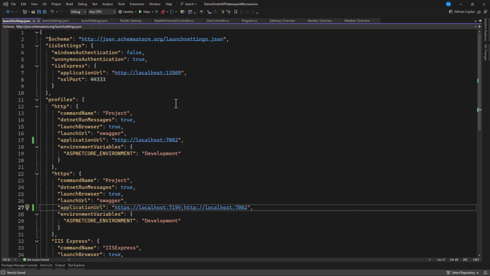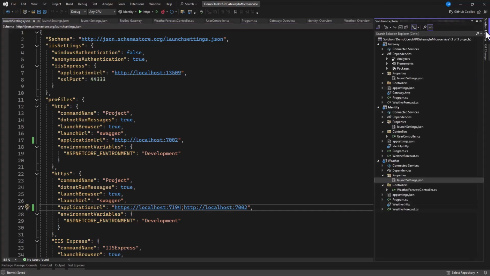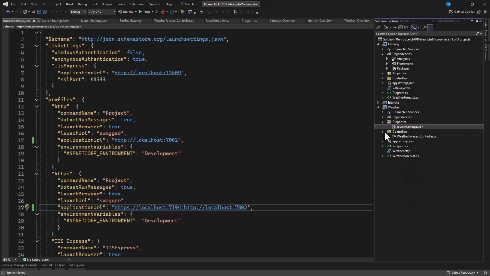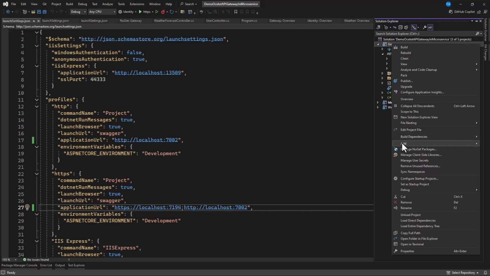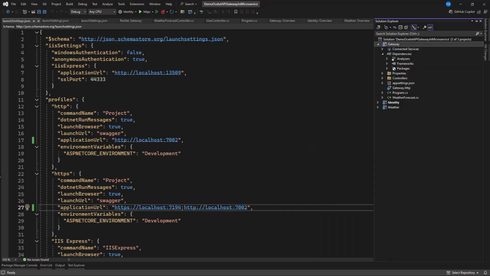As you're done with this, the next thing that you need to do here is you need to specify the up and down. You need to create an ocelot.json file, and that is how we're going to specify all the endpoints in there. So let's go to solution, and in here, not identity itself, we go to the gateway API, and this file must be in the root. So right click on the API gateway, then click on add, click on new item,